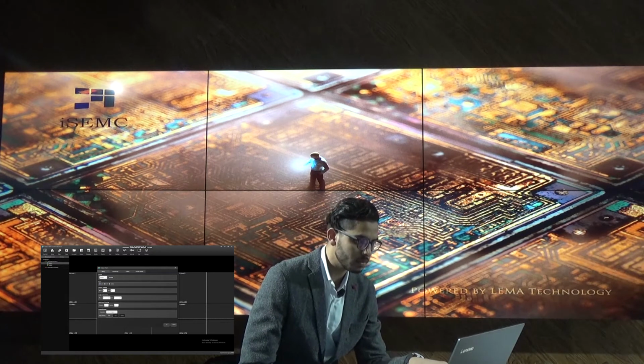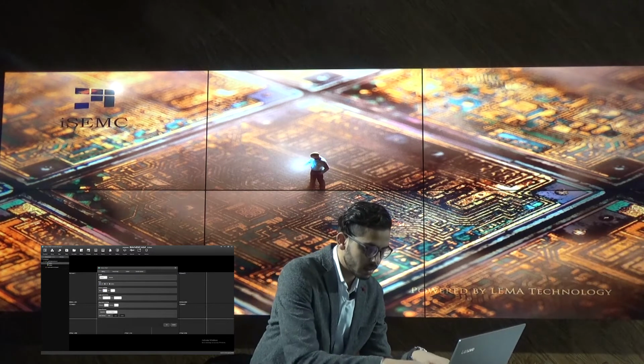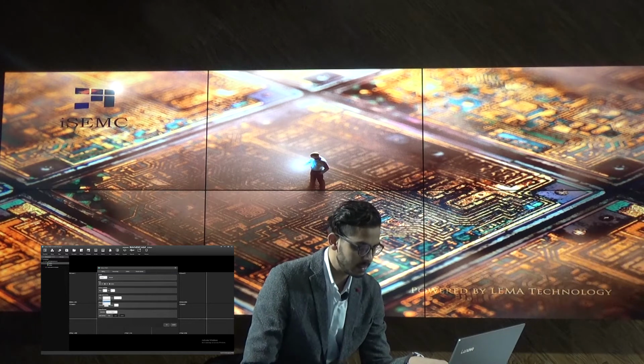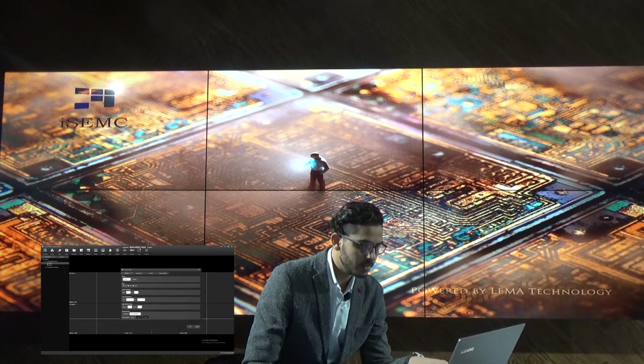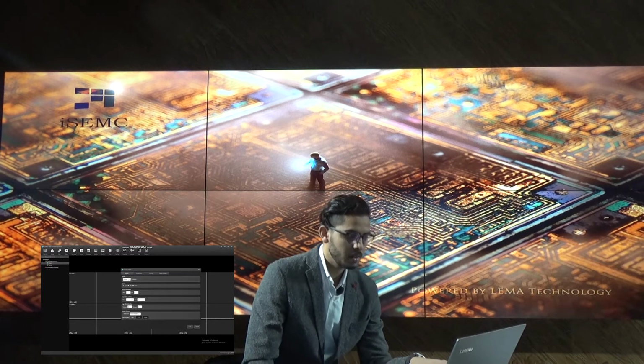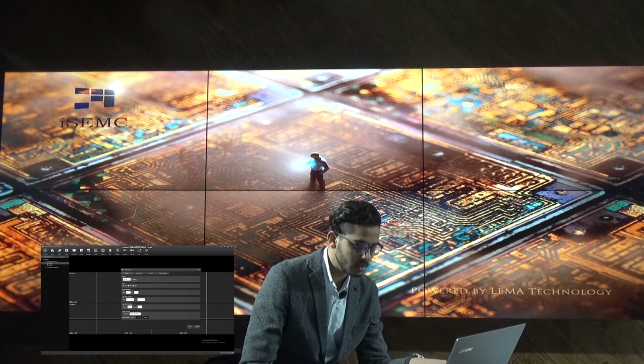This is the type of this group, and I can say I want to show a 5x5 matrix, and we can see here each screen has 2 sub logic screens. We can also mitigate the gap between 2 consecutive screens, and we can also adjust the output resolution.